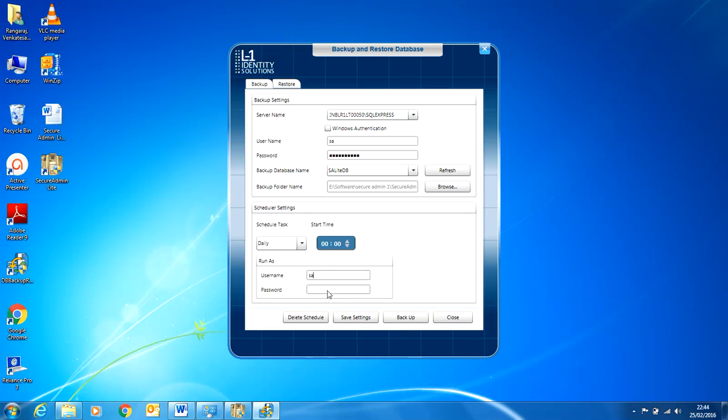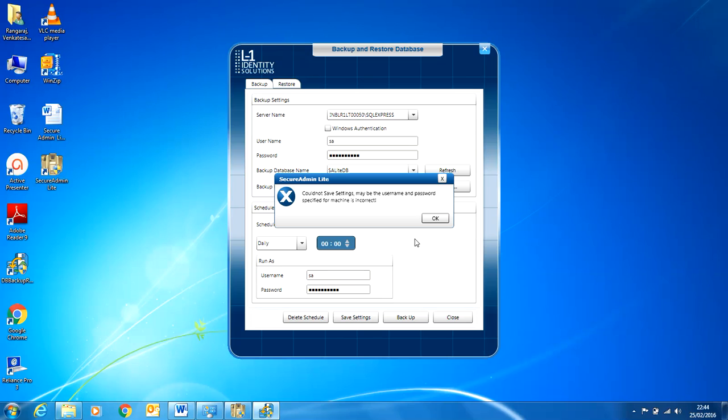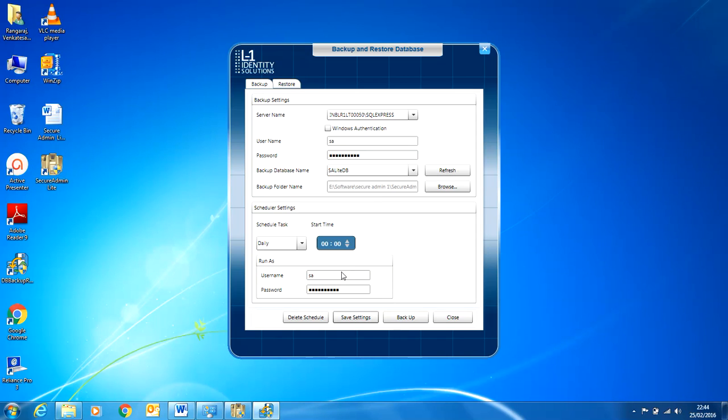Just provide the SQL server username and password once again, then save, and then save the settings.